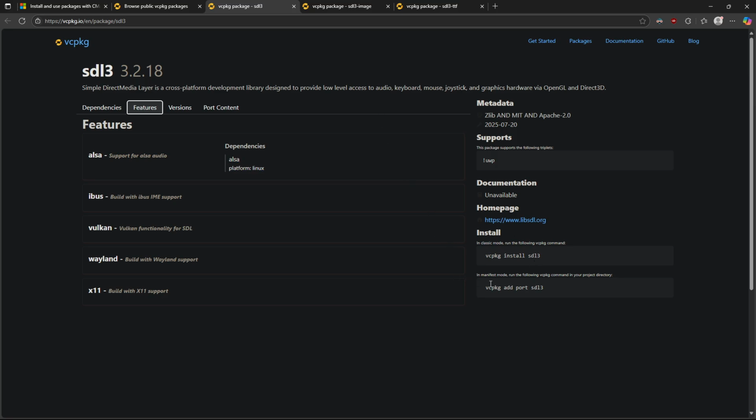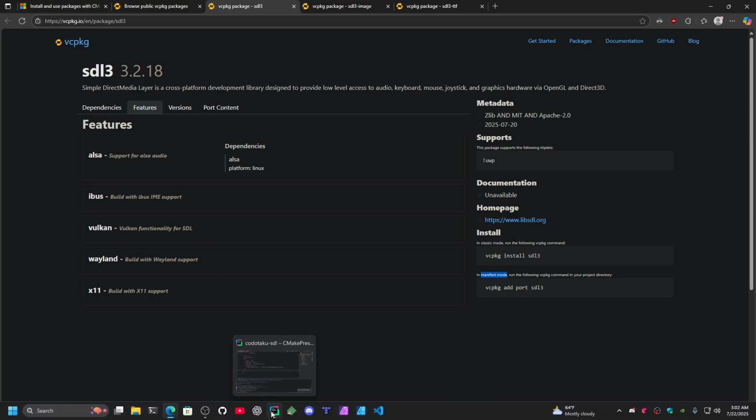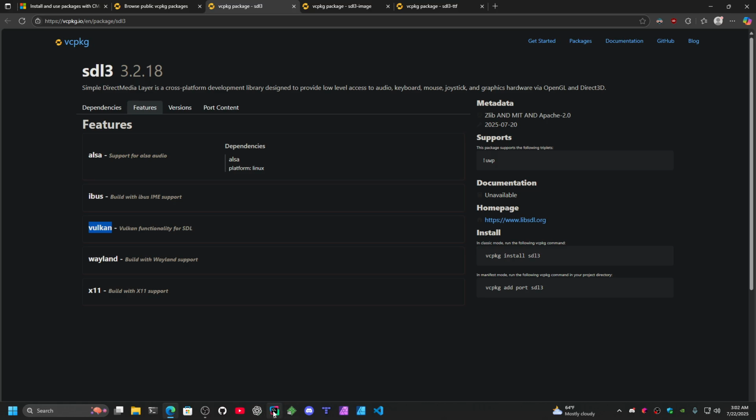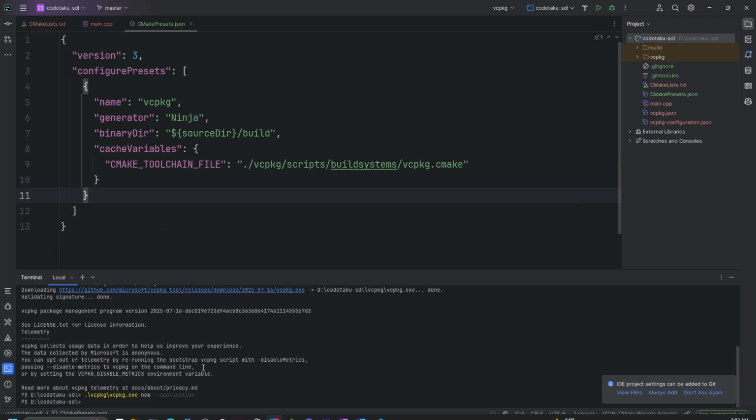And yeah, so by the way, we're using the manifest mode. Please don't use the classic mode, it sucks. All right, other than that, let's get going. So if you want to support Vulkan, you may want to add the Vulkan feature too for SDL3. So let's add all of these 3 right now. All right, so ./vcpkg.exe, port add SDL3,